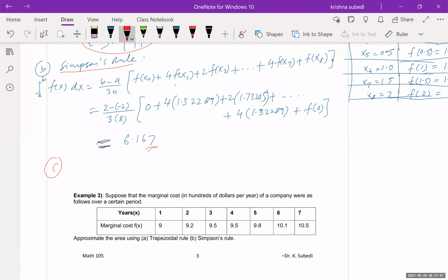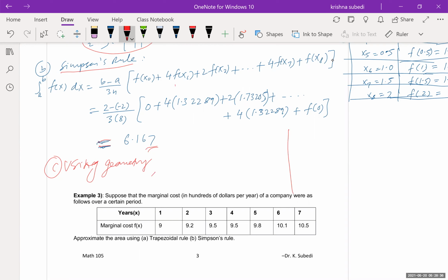Now part C, using the analytical method or using geometry. The analytical method is a little bit difficult in this case because we have to use trig substitution. So I think the easiest one would be the geometrical method, okay? Let me just do it quickly. I believe we have done similar questions in our earlier class. So using geometry,